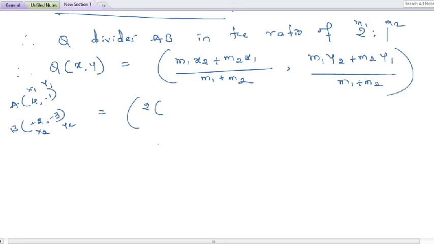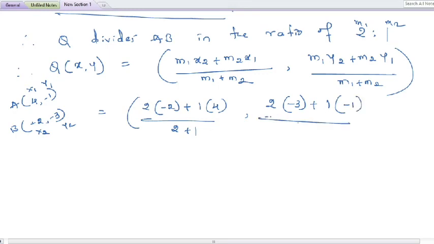x2 value is what? Minus 2. So, minus 2 plus m2 value, that is 1, in the bracket, x1 value 4, divided by 2 plus 1, comma, m1 value 2, y2 value minus 3 plus m2 value 1, y1 value minus 1, divided by 2 plus 1, which is equal to 2 2 is 4, minus 4 plus 4 divided by 2 plus 1 is 3, comma 2 3 is 6